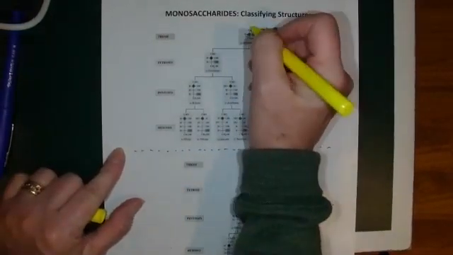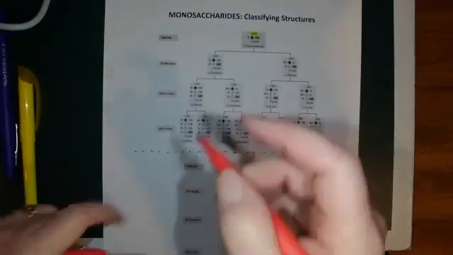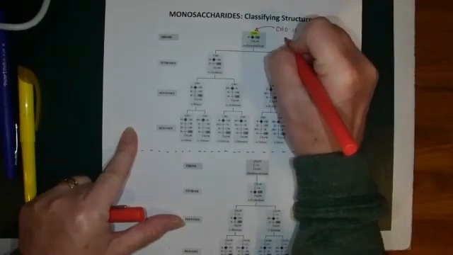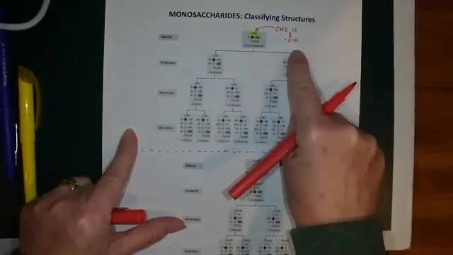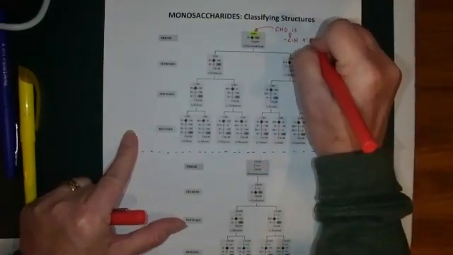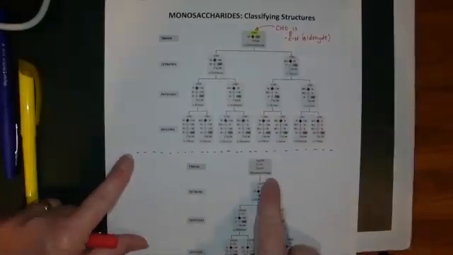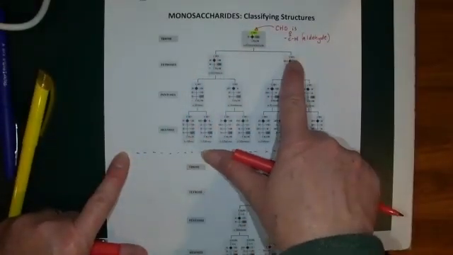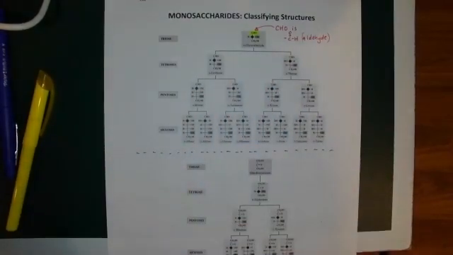CHO, as you know, is an abbreviation for aldehyde. That is the abbreviation for the aldehyde functional group. Here's the unabbreviated look at that functional group. And as you know, that's aldehyde. Every structure on this top half has that same functional group. CHO, CHO, that's aldehyde, aldehyde, aldehyde, aldehyde, and aldehyde, and so on.